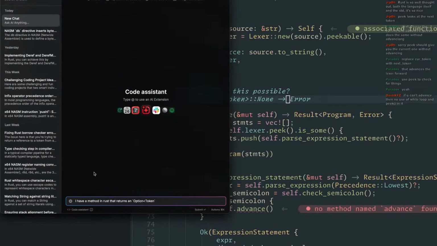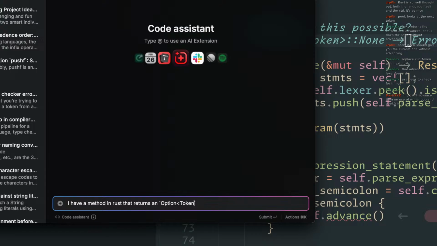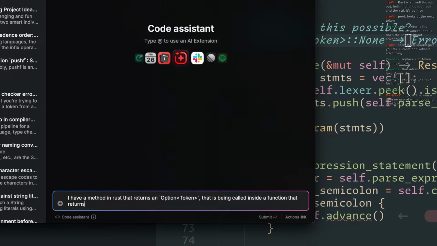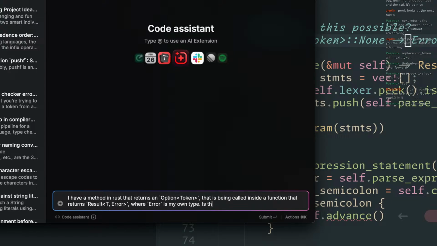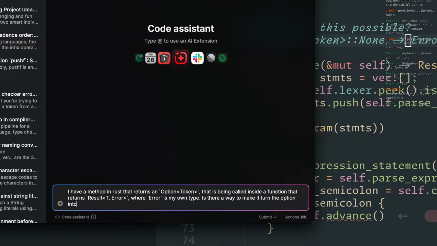That returns an option token that is being called inside a function that returns result T error, where error is my own type. Is there a way to make it turn the option into my error type so I can use the question mark?